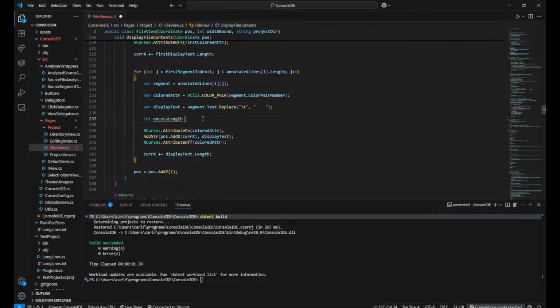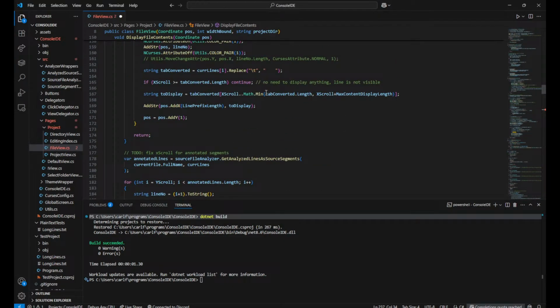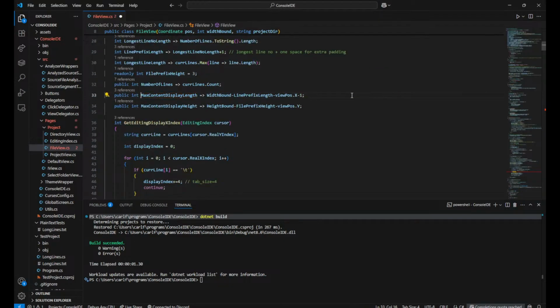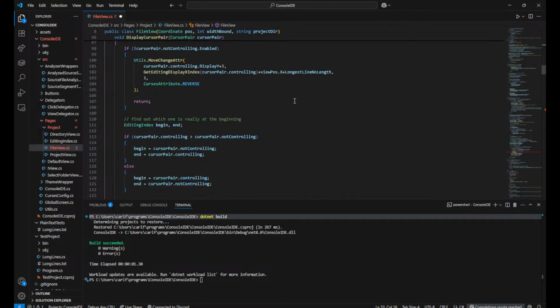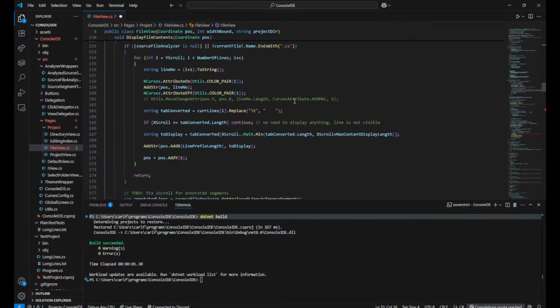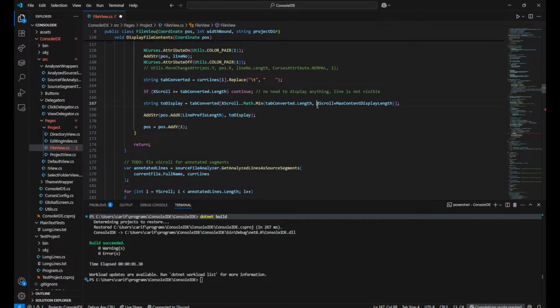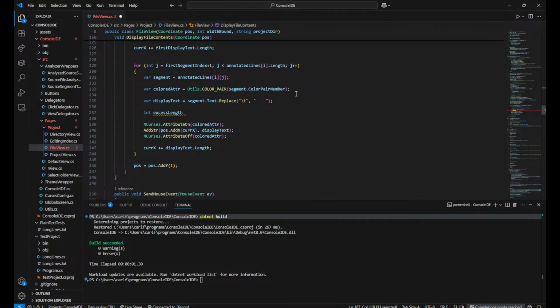So excess length exceeds the viewport width. So, wow, it's been so long, I don't even know how to get the viewport width. So tab converted, so max tab convert, or min. That means this is maxing it out. I think this is a viewport width. Yeah, max content display length. Let's see. Width bound minus sign, yeah, there's like so many relative additions and things I made that